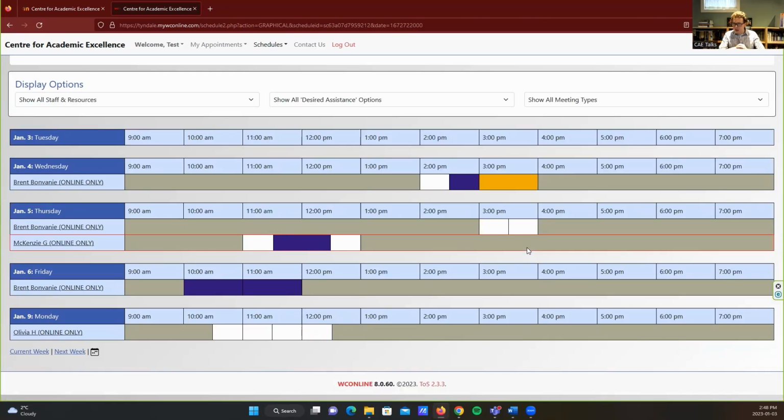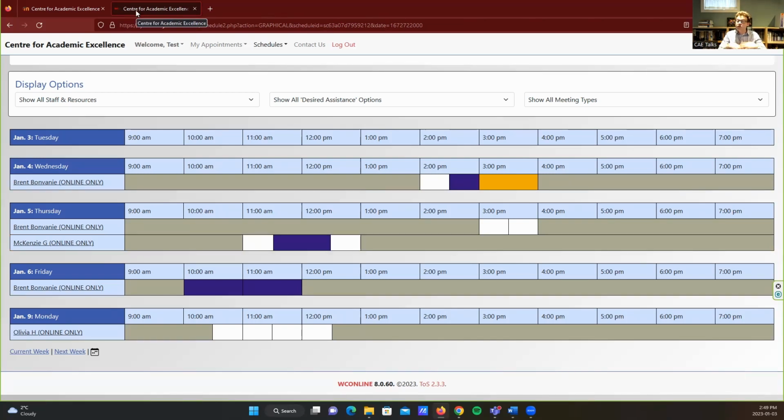Now, if after trying out the appointment search function and going through the calendar, you just simply can't find a time that works for you, send us an email at writing@tyndale.ca and we can put you on our wait list and let you know if an appointment opens up for the time that you're looking for help with. And if your schedule just simply doesn't match up with ours, maybe you're an international student or you work during the day and you just can't find a time in the evening where we're available, consider our written feedback consultation option. There's going to be a link in the description below where you can find out a little bit more about written feedback and whether or not you are eligible for an appointment of that kind.